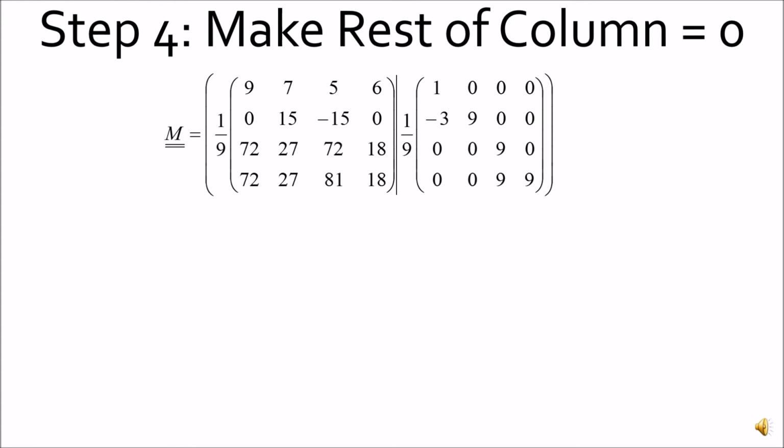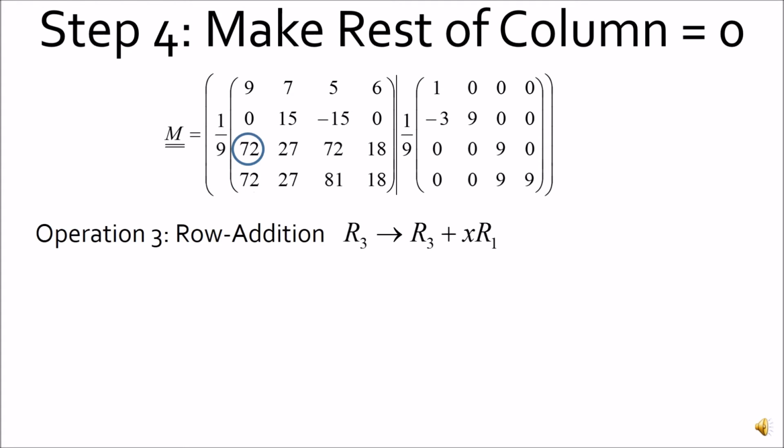So we have now a 1 in the top left hand corner and a 0 in the position below. Okay, so what do we do next? We continue working down this column, setting every value equal to 0. In this case we're looking at row 3. So basically we want to add to row 3 some multiple of row 1, which gives us a 0 in